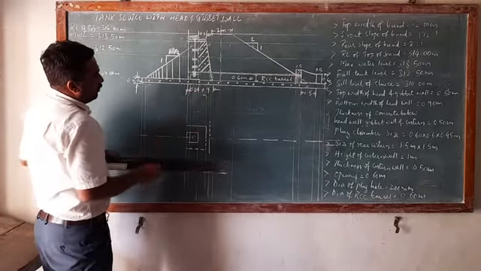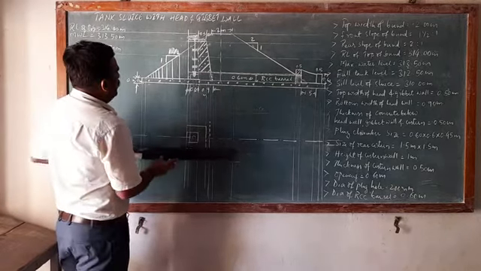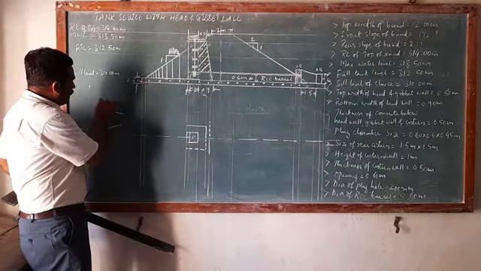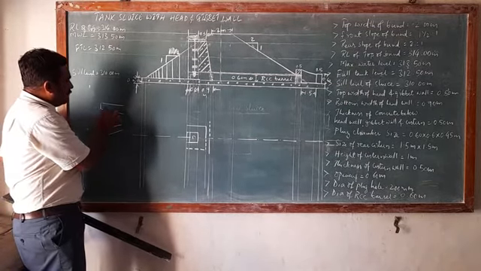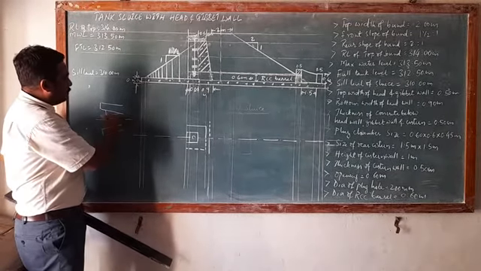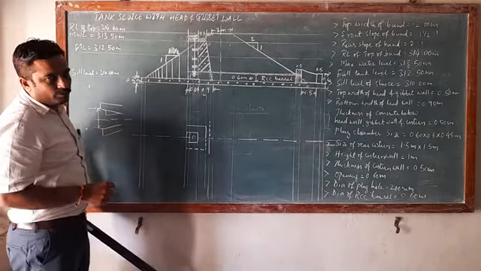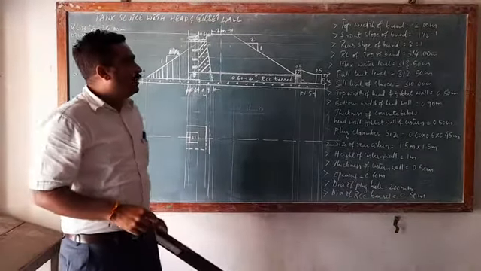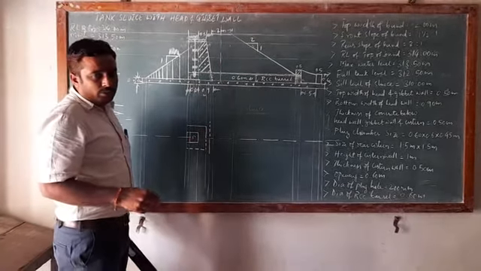Before we proceed, we shall mark the wing walls. Generally for wing walls, this will be the arrangement. The examiner has to give some data. Either he has to give the splay of the wing wall, by how much amount the splay is there, or else he has to give the width of this one. This is called the bell mouth. In this particular problem, if you look at the data, he has not mentioned either of them. So it is now our duty to assume the same.